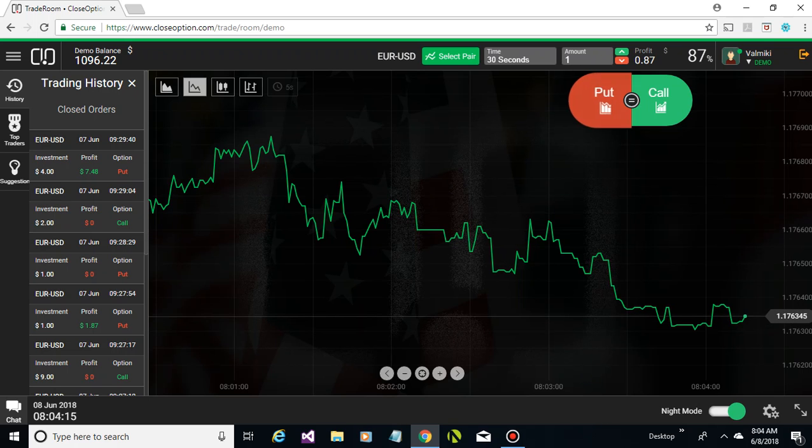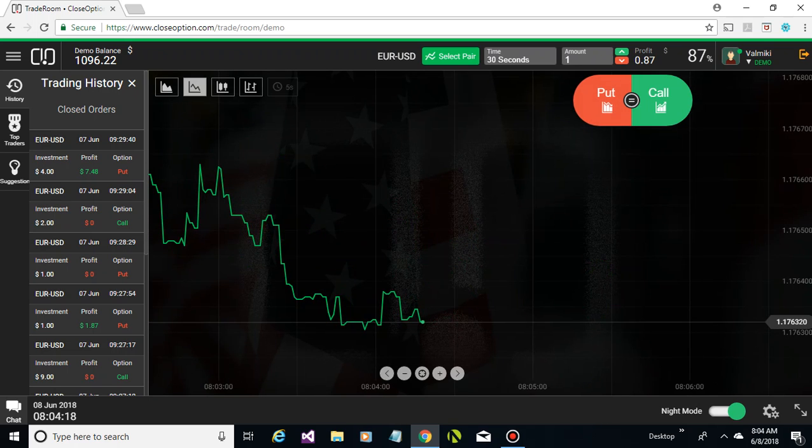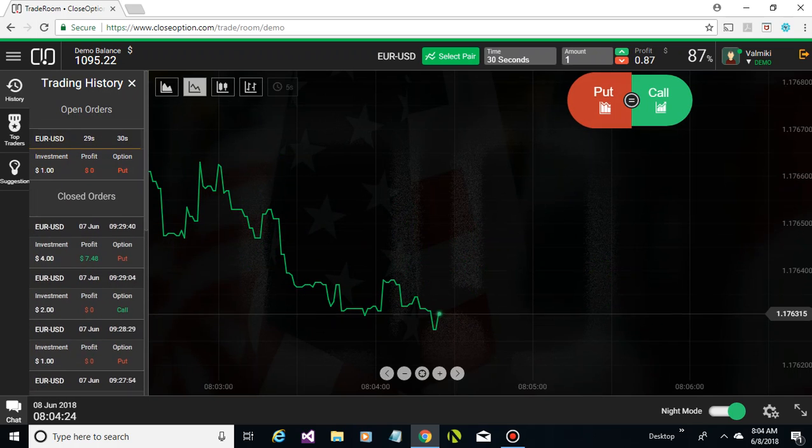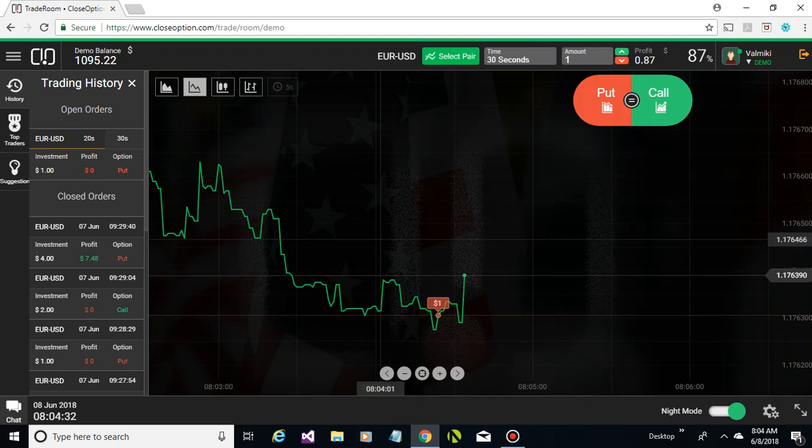Looks like the trend is going down, so I'm going to place my first trade of $1 on the put. As soon as I do that, I do see the open position on the left hand side. It's going between a win and a loss. It's a loss right now, so let's just